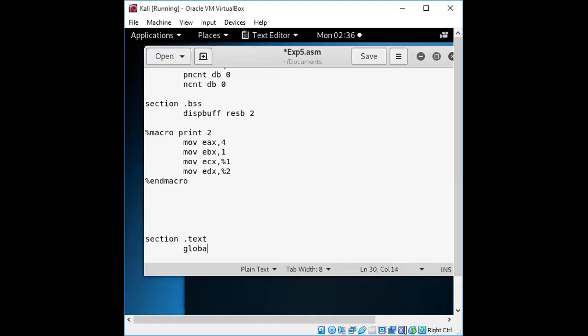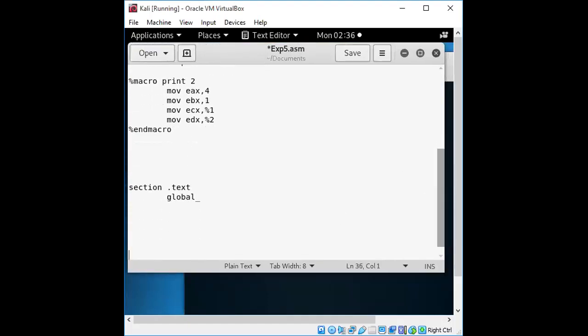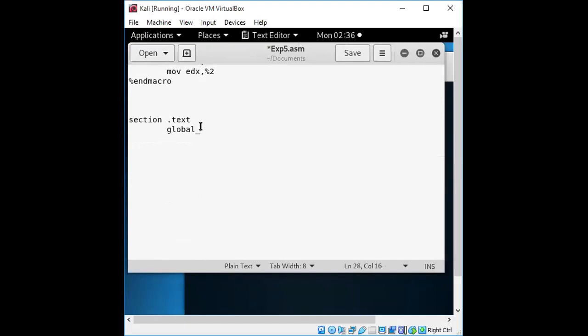We'll start with global underscore start, but you can also give it as start. This is a label that you are going to have, which will be accessible. Global start is the actual start of the program, starting with the section name, which is the start section.